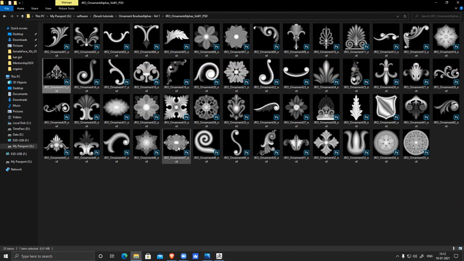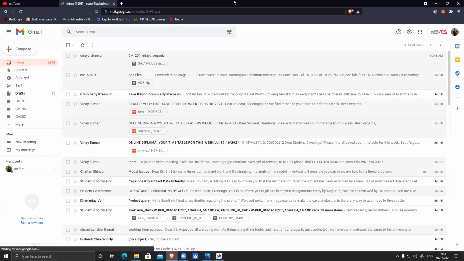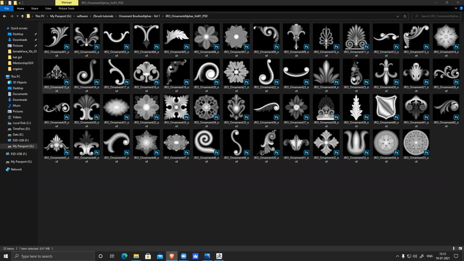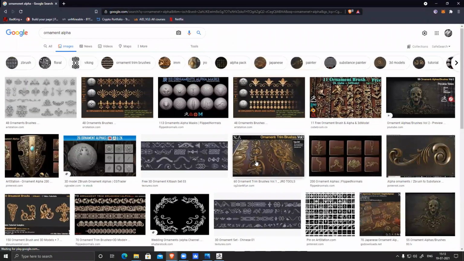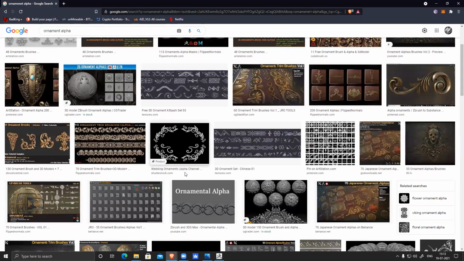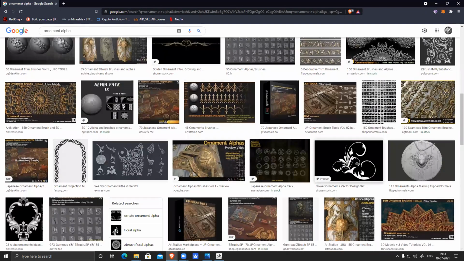Yes, we have complex designs also, but this kind of alphas you can find if you search Google about it. Let's see. You can see you find a lot of alphas which are already there.